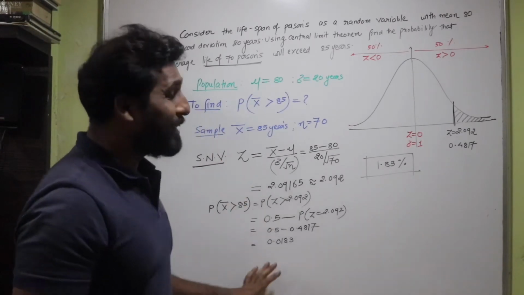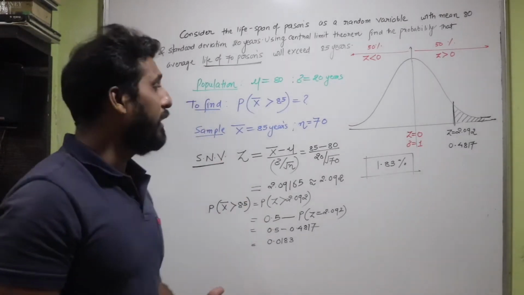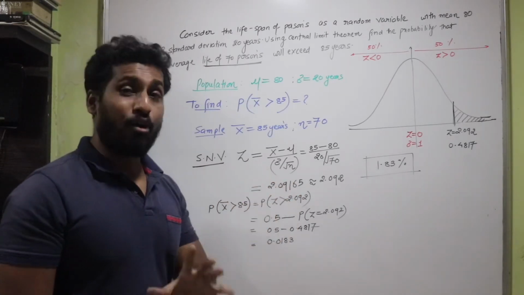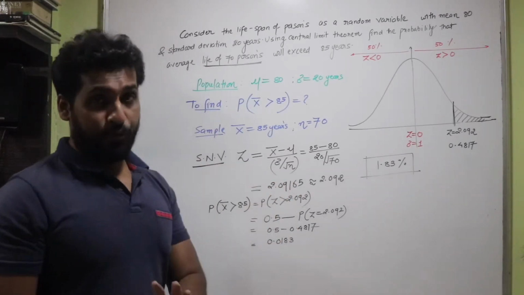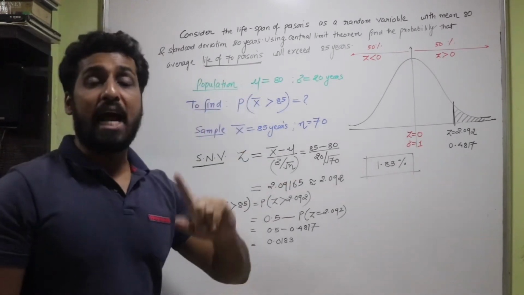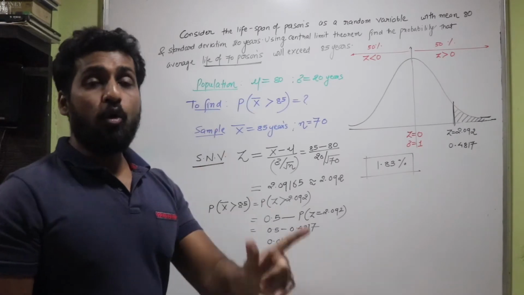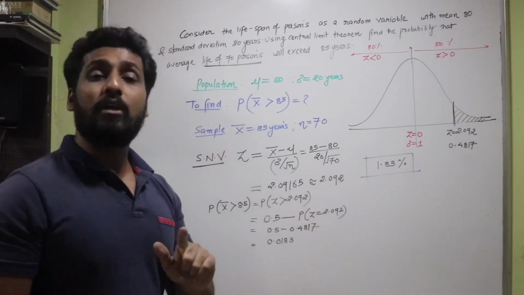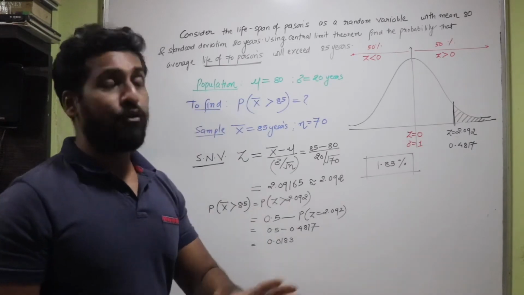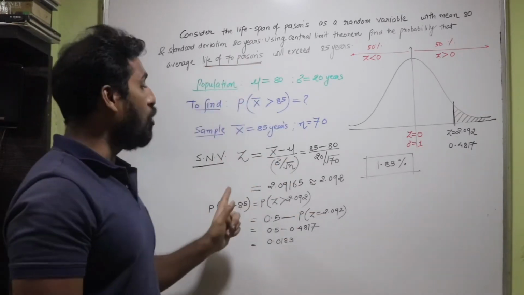So you have to understand the question very properly. See what I did here. I have made use of the central limit theorem. The formula was available to me. I got the standard normal variate from there. Our job is to always convert the given x into the standard normal variate, because the table is available only for the standard normal variate. So our main objective is always to transform the given question into a standard normal variate.